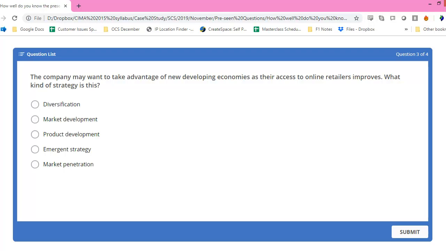As you can see, we've got 4 of the main Ansoff options here, and we've also got an emergent strategy here, which is the sort of red herring to throw into the mix. It's not an emergent strategy because we've already been undertaking this strategy worldwide. It's not something new to suddenly sell into new developing economies. We're talking about the specific new strategy of selling into this specific Teeland or Peeland, Meeland country. So we can rule that out, and now we're left with the Ansoff options.